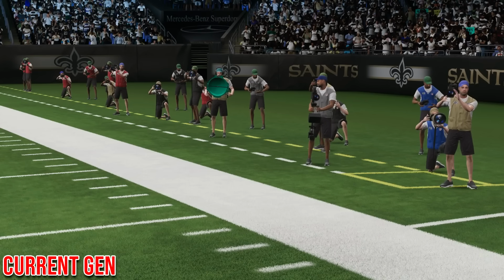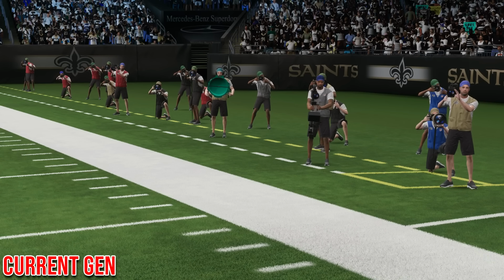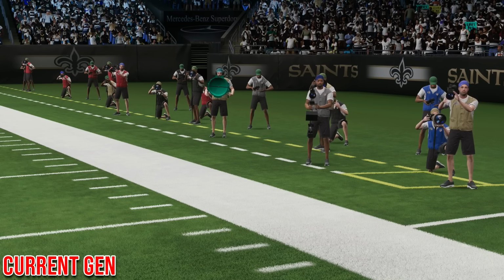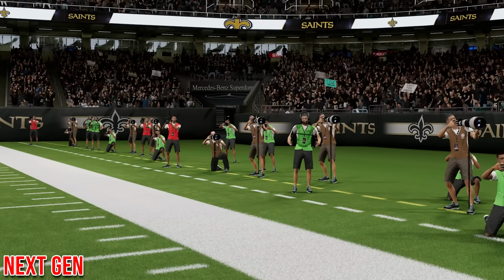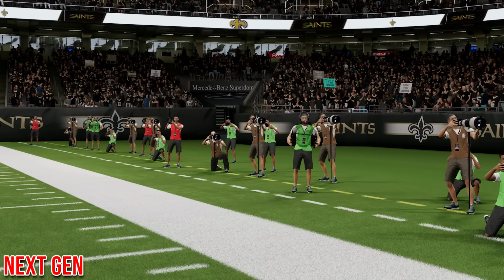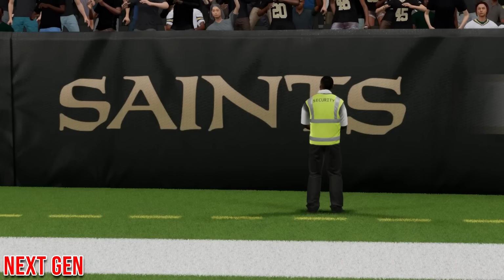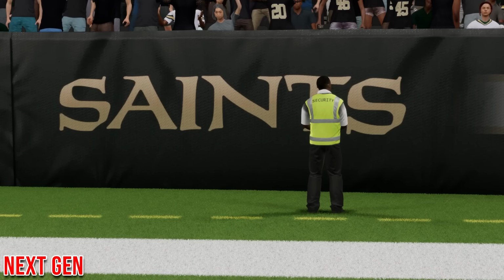And here's another shot at the sideline. This is current gen, looking at the photographers and the audio people. These guys have really not been updated or upgraded in a while. Their player models are still very kind of low res. Here's next gen, a very, very slight change. Mostly it looks like they kind of just changed what they're wearing. They look a slight bit better, but again, nothing too crazy. And they did add a security guard by the wall of fans in the end zone, so that is another